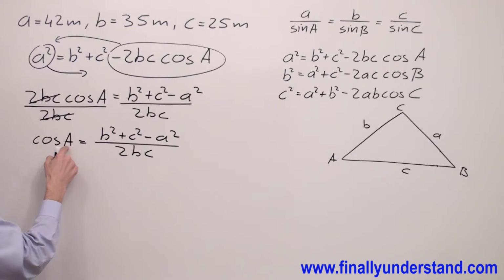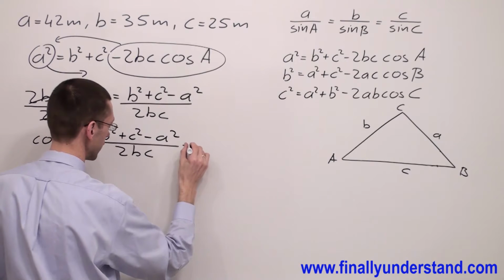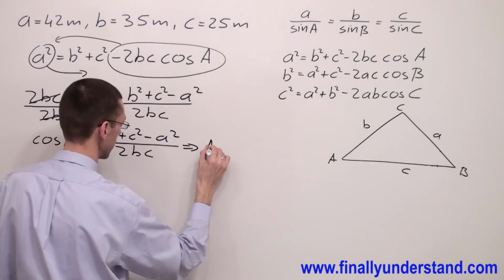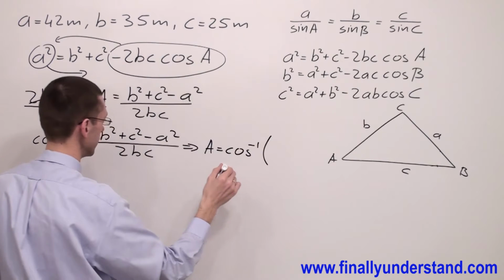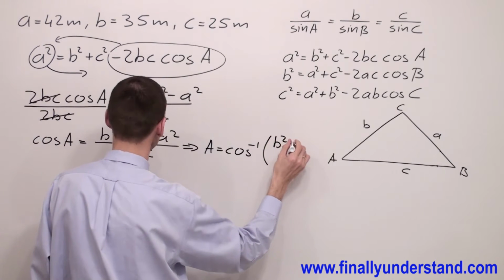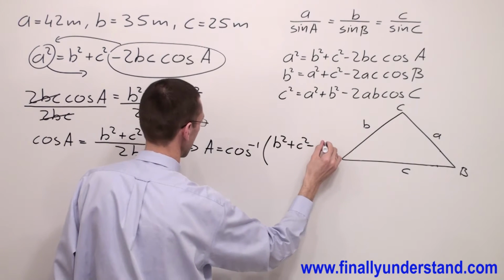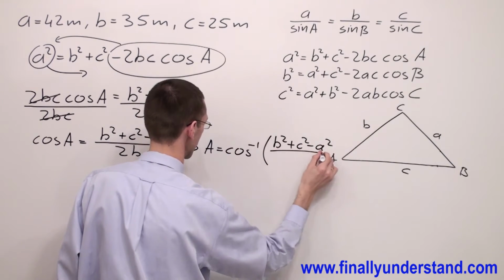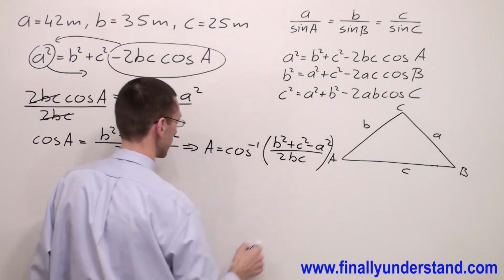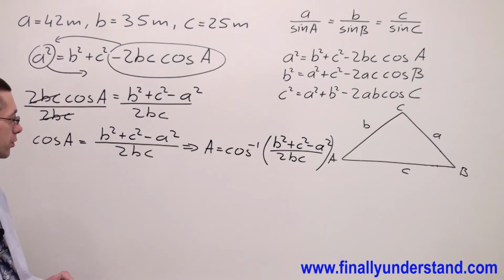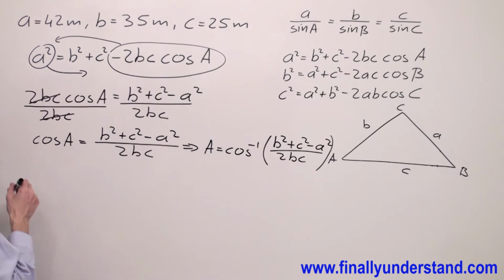In order to find angle A, I'm supposed to find the inverse of cosine. So I have angle A is equal inverse cosine, open parenthesis, and I have B square plus C square minus A square over 2BC. Next, I'm supposed to substitute the variables by the numbers. So I have angle A